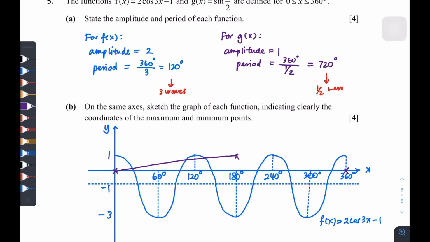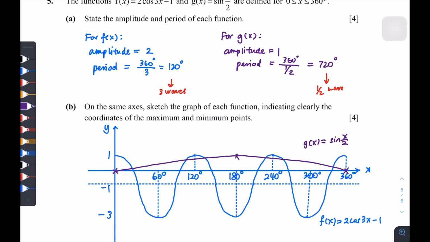Cannot overshoot. Cannot exceed 1 first. We have to reach 1 at the end. Okay, reach 1. Okay, wow. So this purple graph is g(x) equals sine x over 2. We cannot hit the maximum too early, because the maximum is going to be at 180 degrees over there,